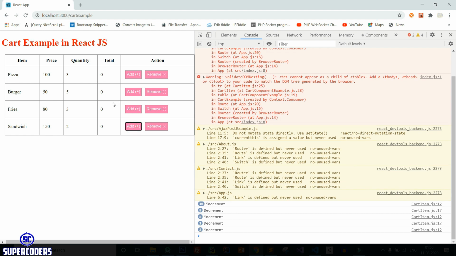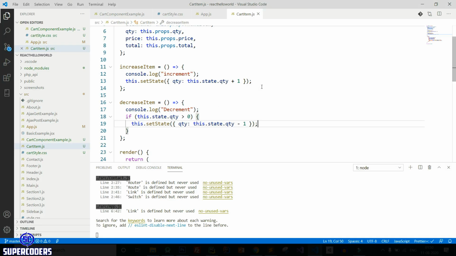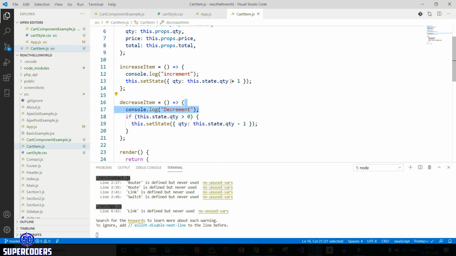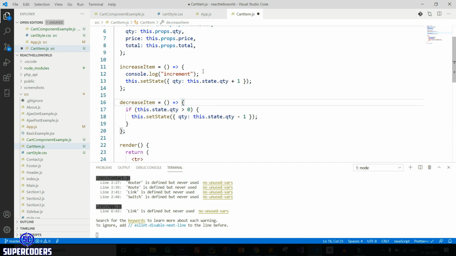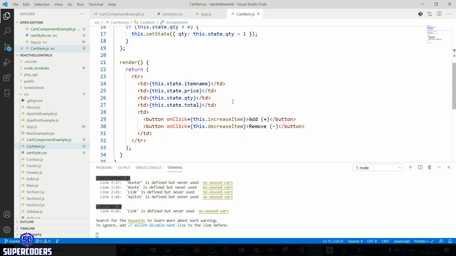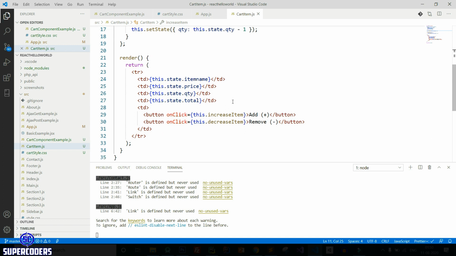So let's go back again to VS Code and remove this also, we don't need it. And remove this also, we don't need it. Also remove this, save it. Now let's change this total value also.